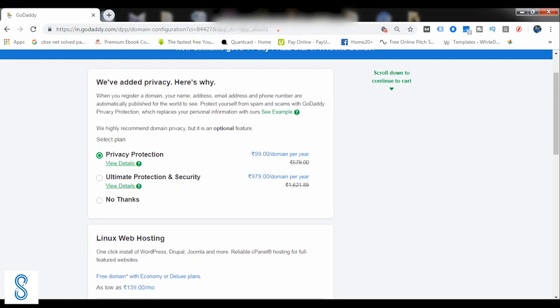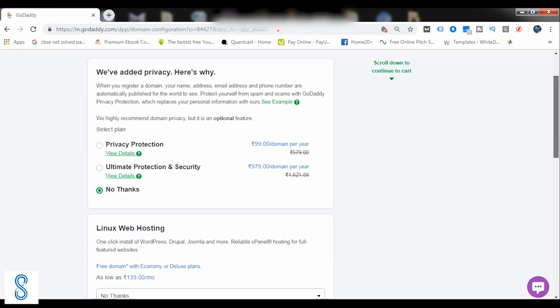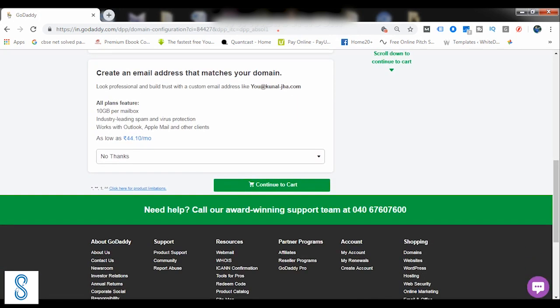You can choose it or you may even avoid it. By choosing this option, your name or your identity will remain hidden. If anyone is trying to search who owns this domain name, it will be protected and won't be disclosed. If you think that you don't want this, you can simply select no thanks, scroll down and click continue to cart.